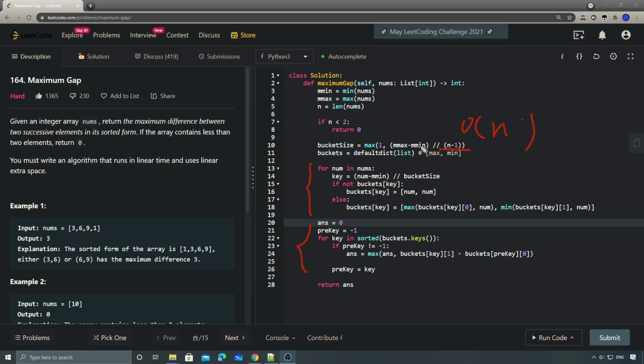Okay, so one last time, just to recap this problem, the key thing is how can we create the bucket size? So we use the maximum minus minimum and divide it by n minus 1 to create the bucket size. So again, the reason being is that,